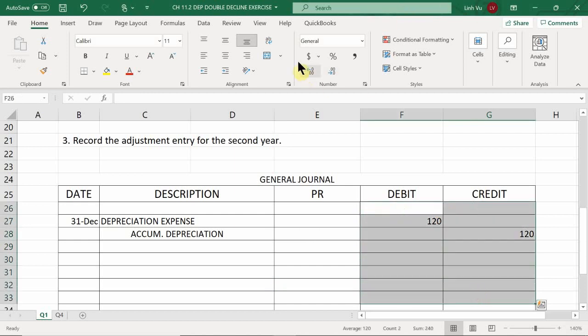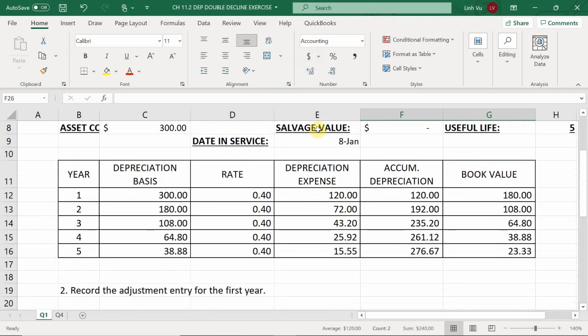Okay. And of course, for question number 3, go ahead and record the adjustment entry for year 2. So in this case, what was the second year? How much depreciation did you actually